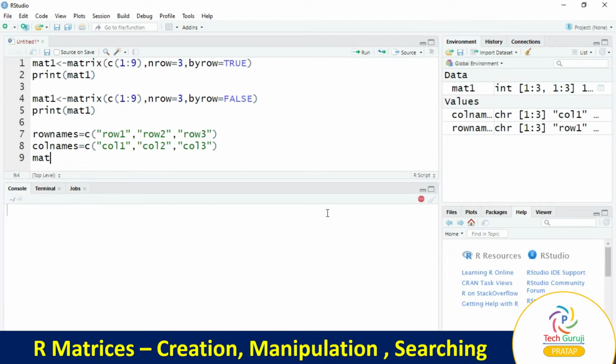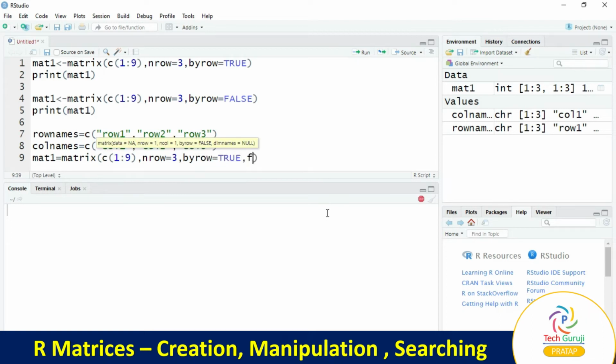We'll take a matrix, mat1 is equal to the function matrix, with c for elements. Elements are from 1 to 9. nrow is equal to 3. byrow is equal to TRUE.